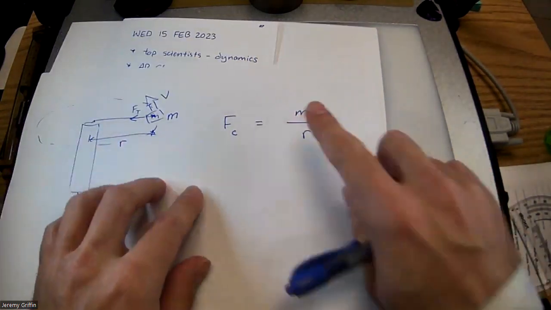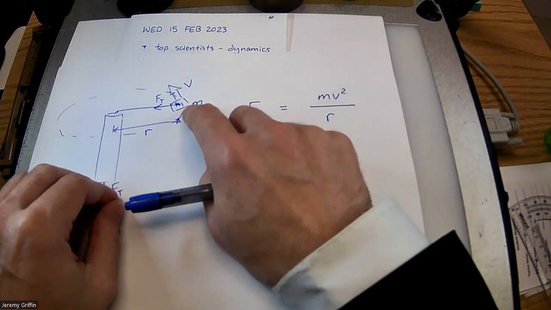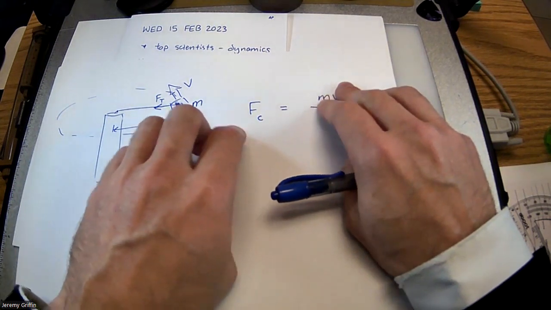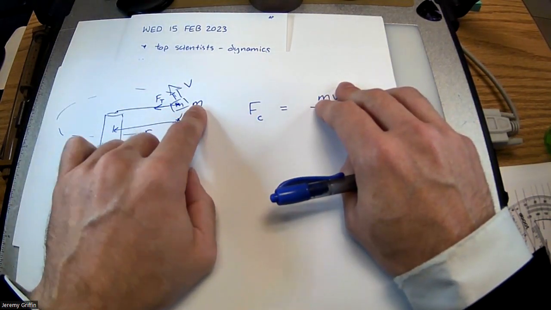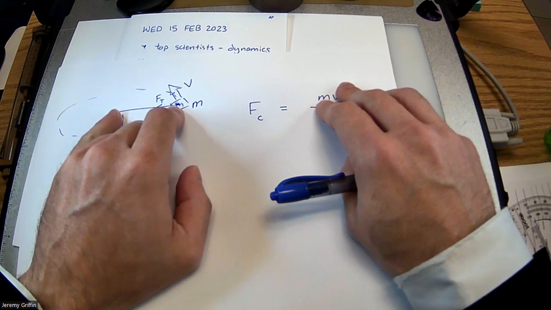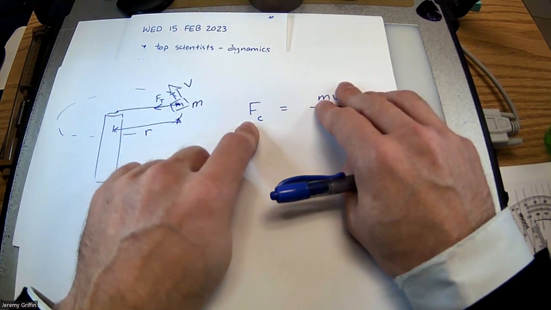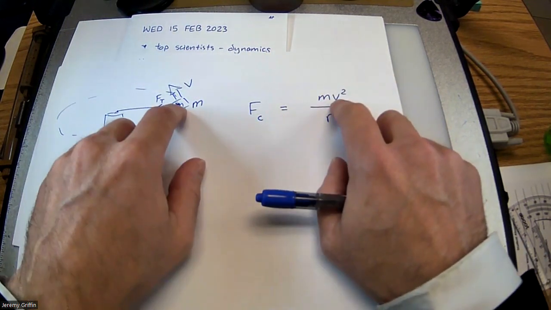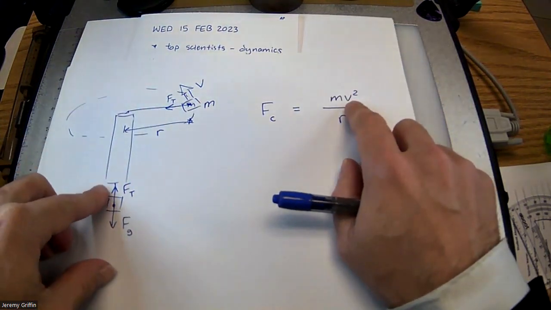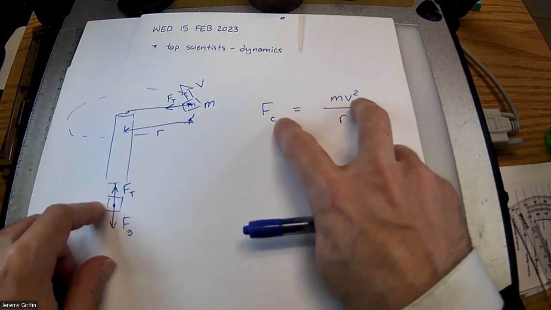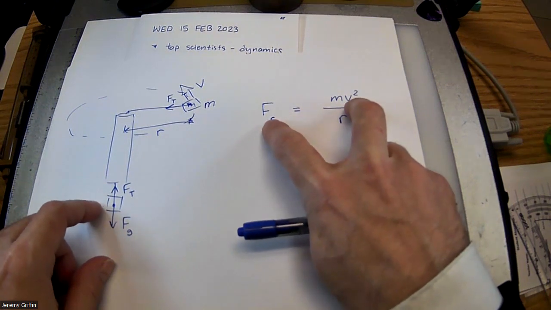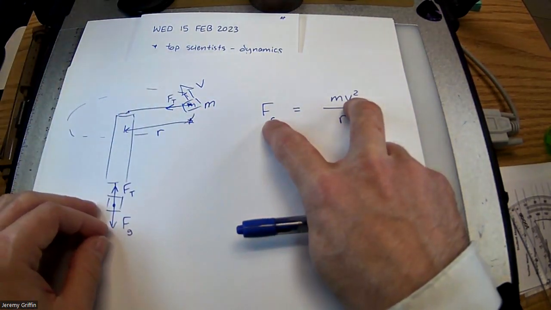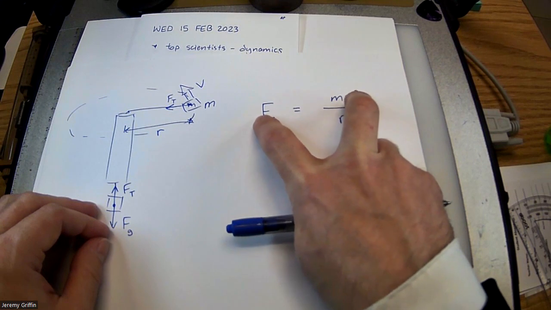So let's do some stuff here. What if I keep v and r the same, and I triple this swinging mass? What would happen to the tension force to keep it in a stable circle? It would also have to triple. That's a direct relationship. What if I keep this mass the same and also the radial size the same, and I triple the speed? How many times heavier would this hanging canister have to be if you triple the speed? Nine times as heavy, with the same size circle and everything else the same,